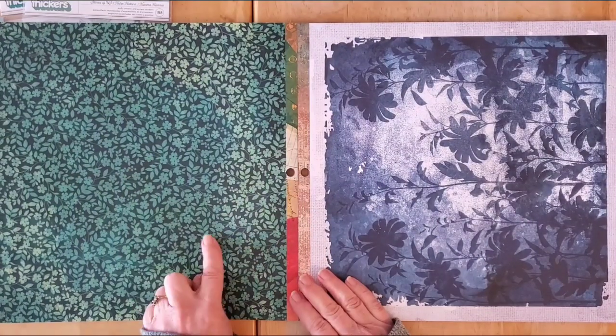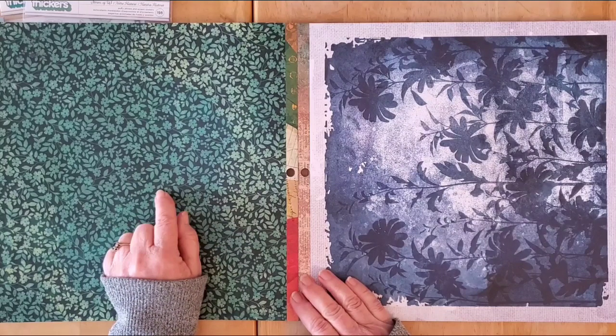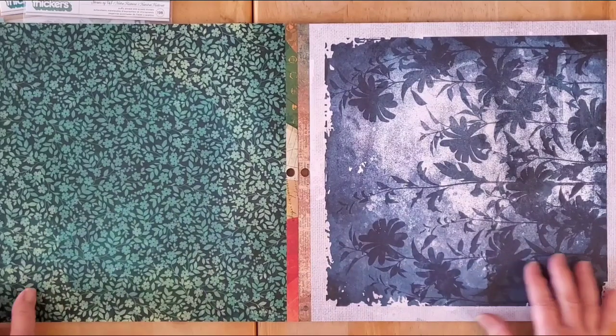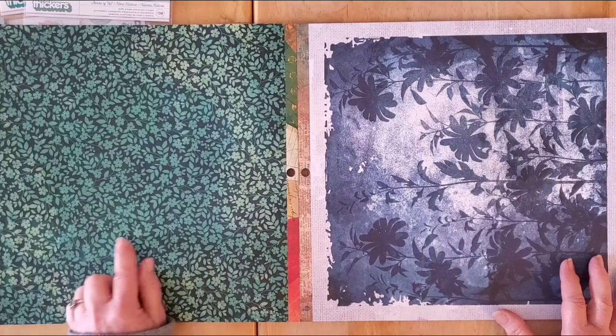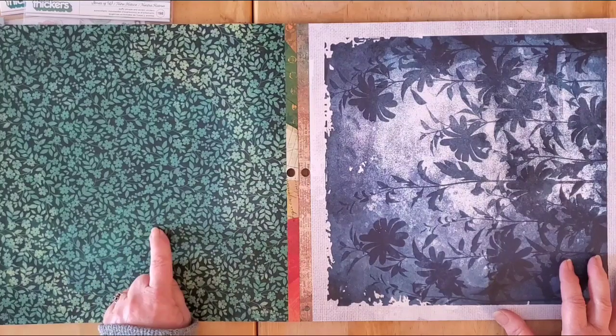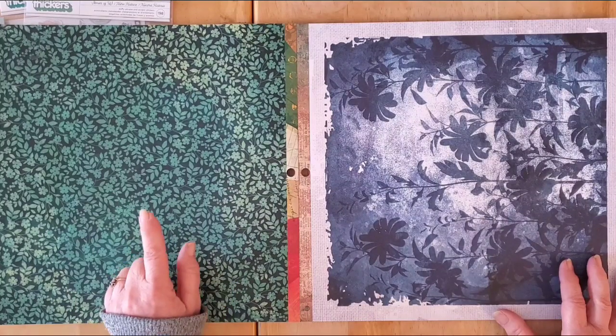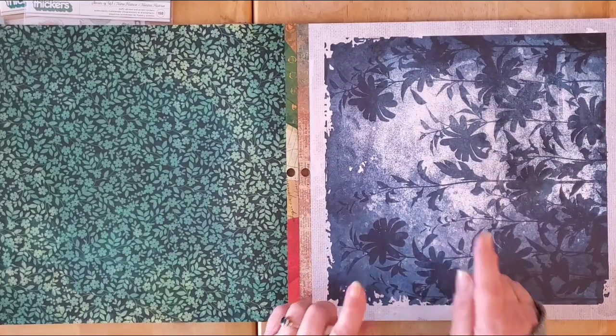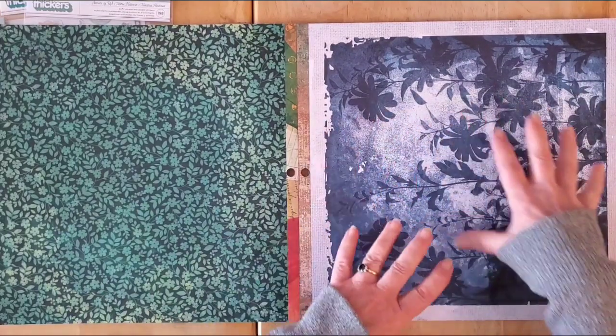Oh, this is lovely. And this reminds me of another paper that she had in a recent collection. Is it one that was in Warm Wishes? And what is the difference? This reminds me of another. Oh, look, this is already sort of done for you. Now, this kind of photo realism,